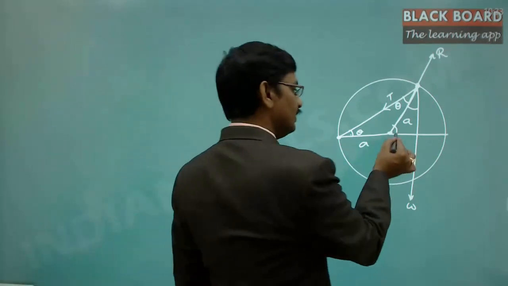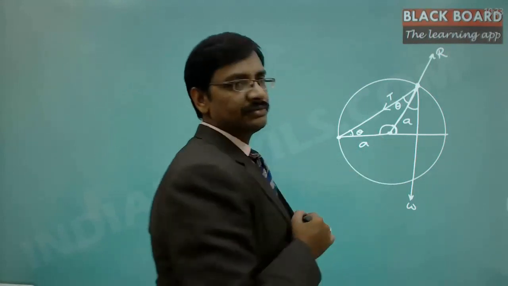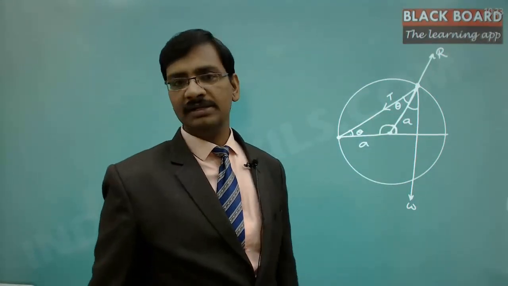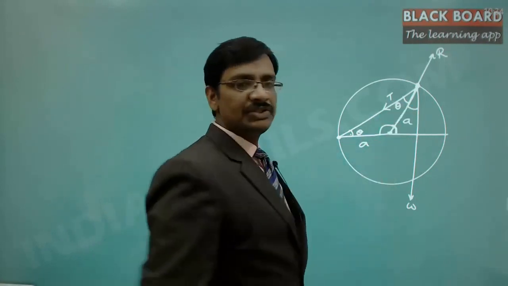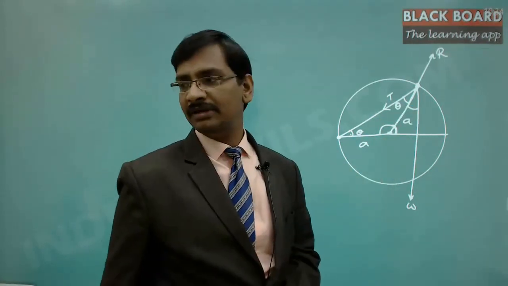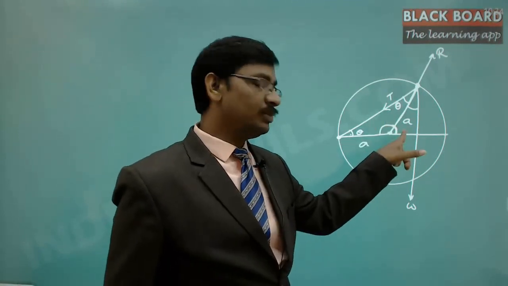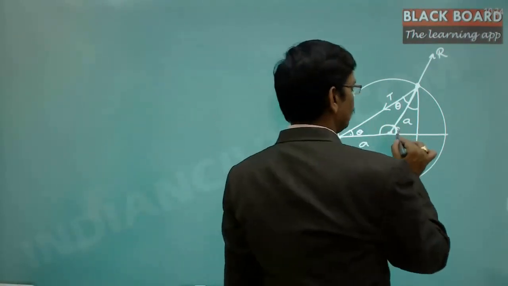You know that this angle is going to be 180 degrees, and the sum of all three angles in a triangle is again 180 degrees. Out of that, theta and theta are distributed here and the remaining angle will be here. So if the remaining angle is here, the sum of these two angles has to be this one, right? So obviously this will be 2 theta.